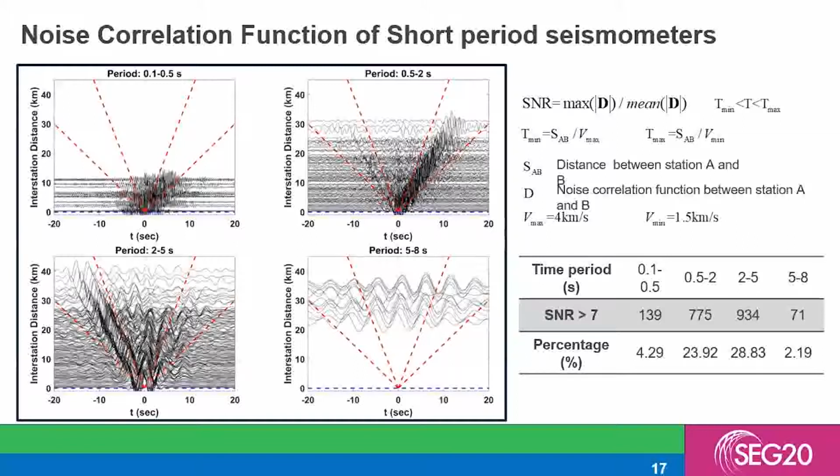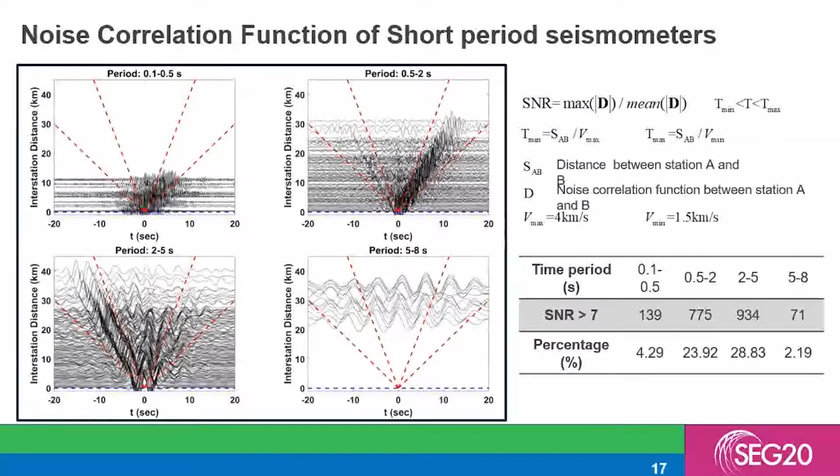For the short period seismometer records, we cross-correlate all the receiver signals with each other, and finally get a total of 3,214 station pairs. We define signal-to-noise ratio as the ratio between the maximum amplitude and average amplitude for each noise correlation function. We plot all the cross-correlation functions with a signal-to-noise ratio higher than 20 and rearrange them by